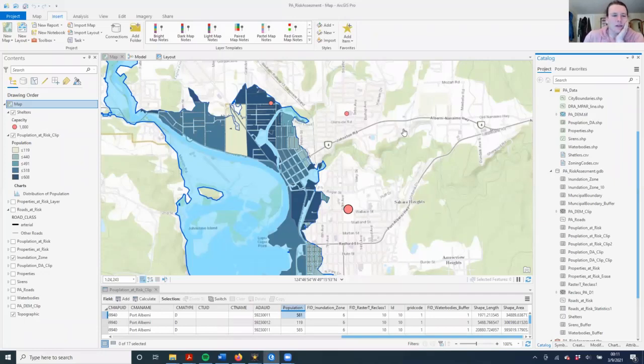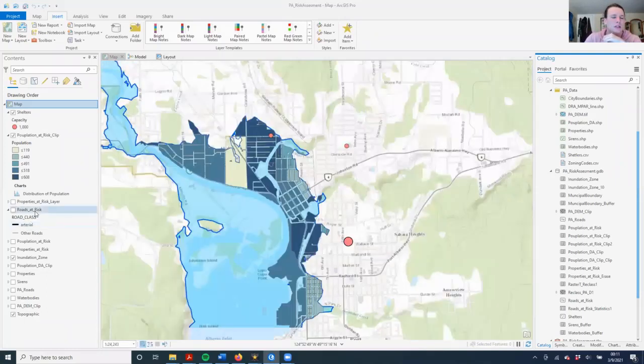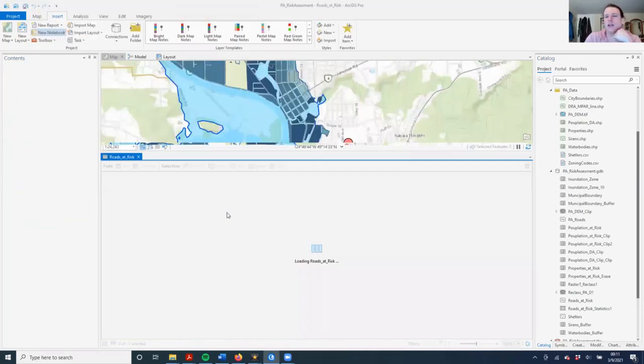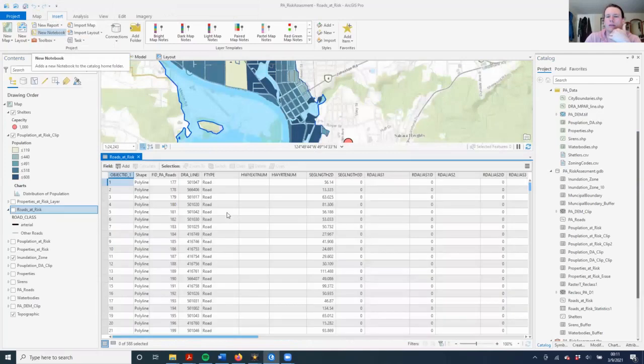So I'm just going to give you a few pointers now on how to summarize statistics. So for instance, we want to look at the roads layer. We'll open the attribute table. And we want to know the length of all the different roads